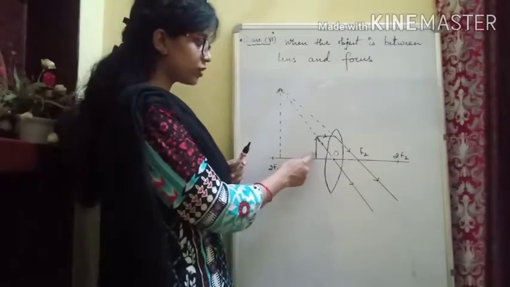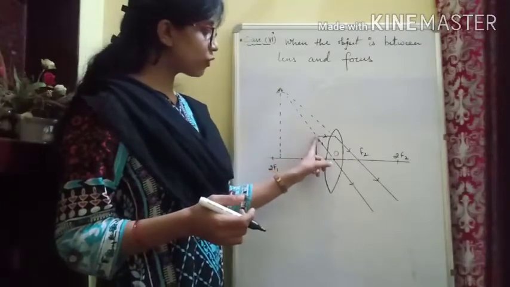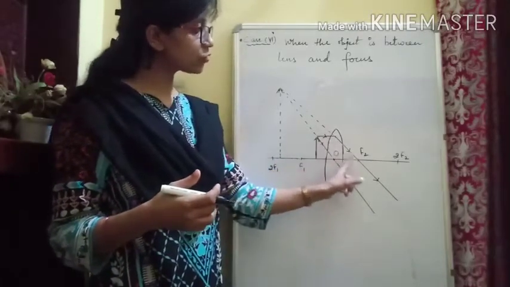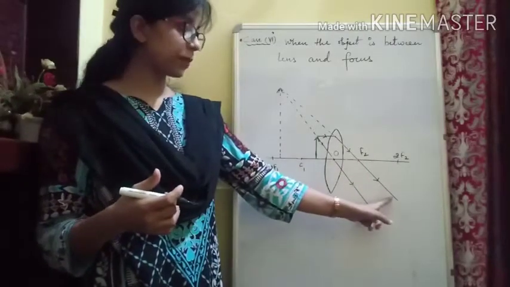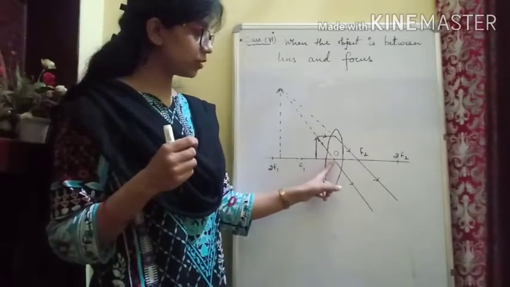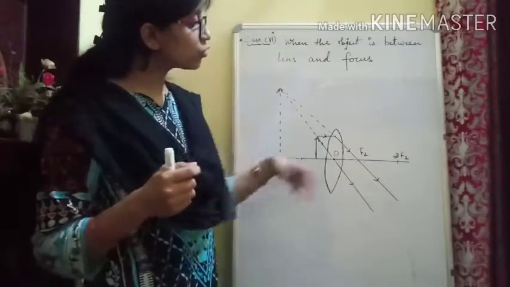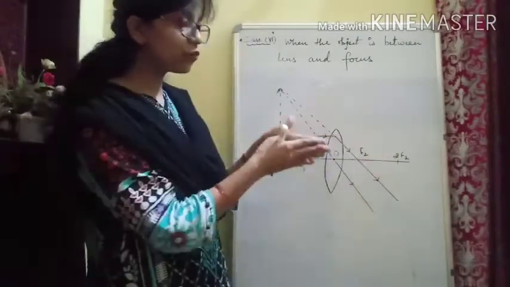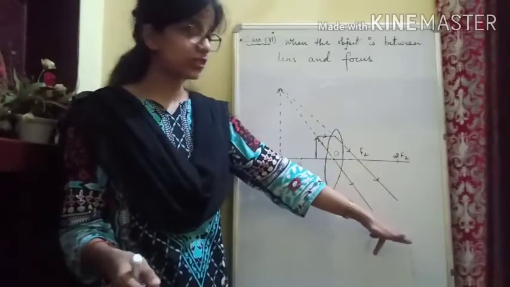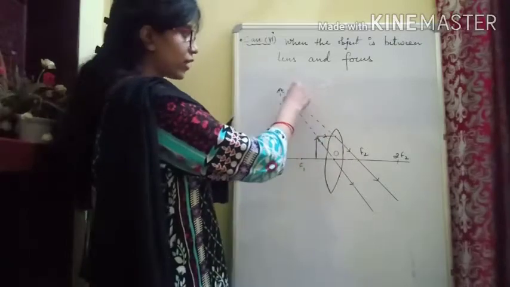Now our next and last case is when the object is between the lens and the focus. So here is our object between the lens and the focus. Again, one ray is coming out from the object which is parallel to the principal axis. After refraction, it will pass through the second focus. And if it is incident on the optical center, it will move undeviated. If you see the two refracted rays, they are moving away from each other. So that means they will not intersect each other. What we are going to do is produce them at the back to see where they are meeting.